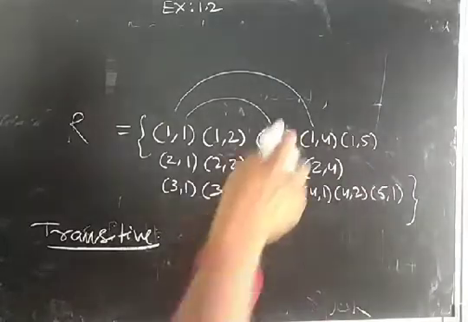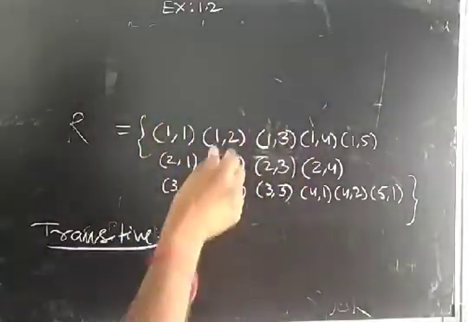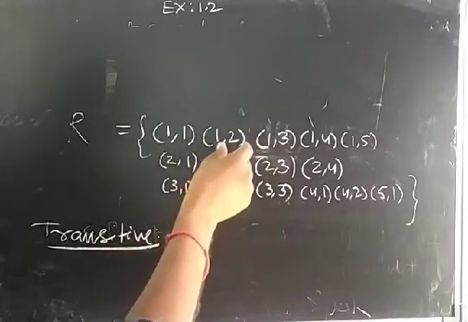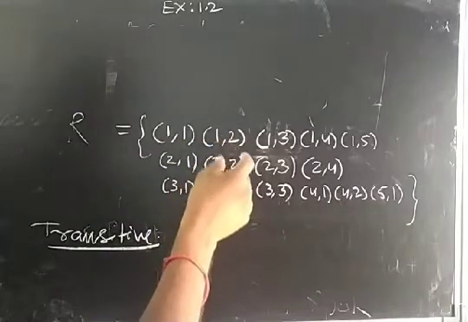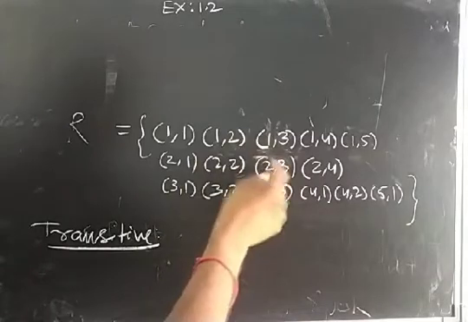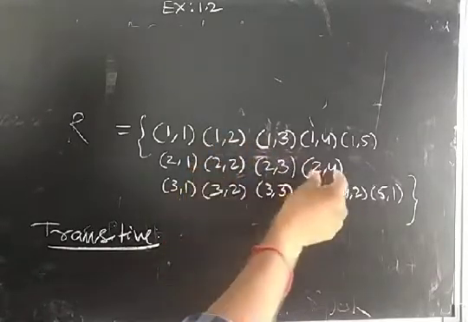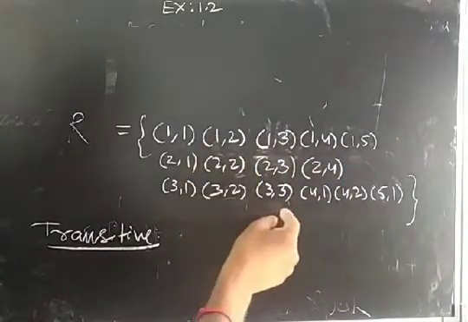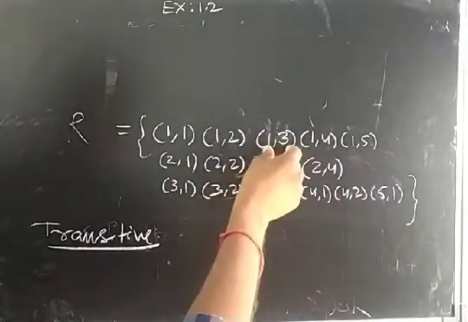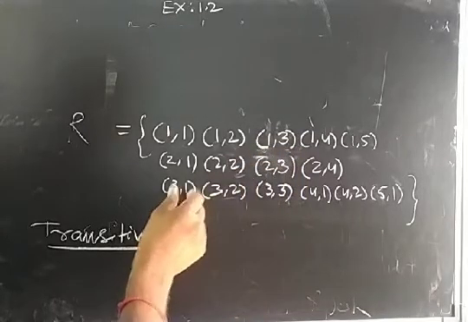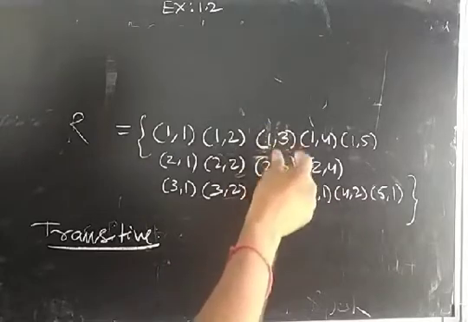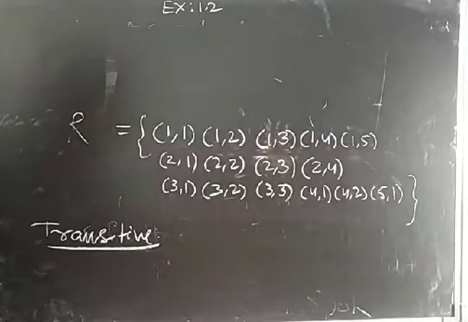Okay, so these are satisfying. With 1 comma 2: 1 comma 2, 2 comma 1, so 1 comma 1 exists. 1 comma 2, 2 comma 2, 1 comma 2 exists. 1 comma 2, 2 comma 3, 1 comma 3 exists. 1 comma 2, 2 comma 4, 1 comma 4 already exists. Next to 1 comma 2, that's all. With 1 comma 3: 1 comma 3, 3 comma 1, 1 1 exists. 1 comma 3, 3 comma 2, 1 2 exists. So every ordered pair satisfies the